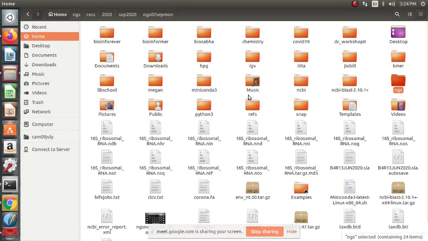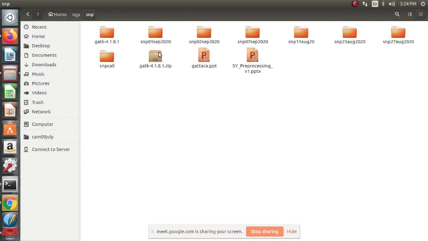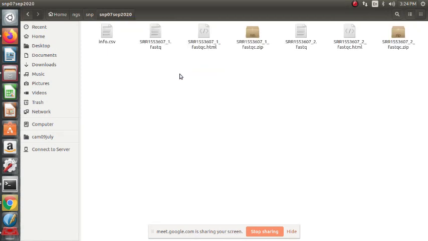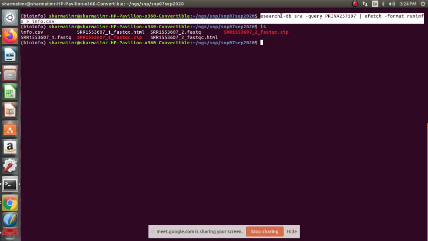We just have to go to the folder where our info.csv is downloaded, runinfo.csv. So we go to snip folder, and then we go to snip call, this folder. So this is info.csv. How did we download the info.csv? This is the command, right? I'm copying the command here in WhatsApp.